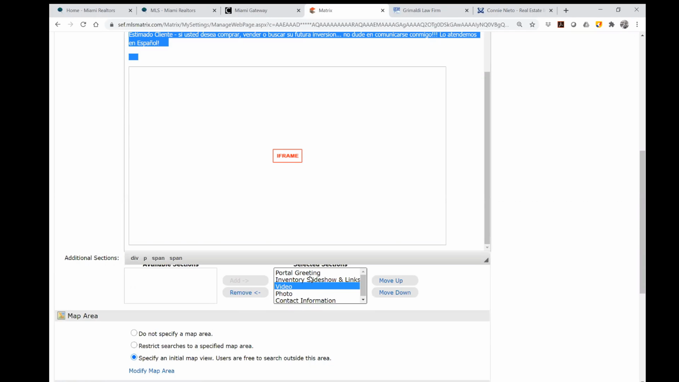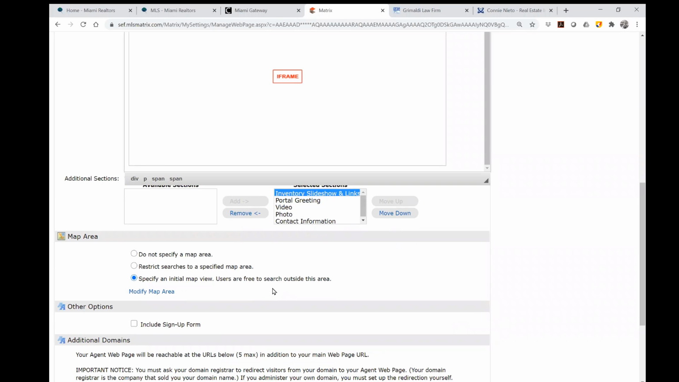Okay? You can also put them in an order. So maybe you'd like your inventory to be the first thing to show. You can then select to do that. Next over is map. Many of you may not want to specify a map area, and that means that all of South Florida would be showcased on the map. Maybe you'd like to restrict an area or specify an initial map. If you restrict or specify, you must come to modify the map, click in it,